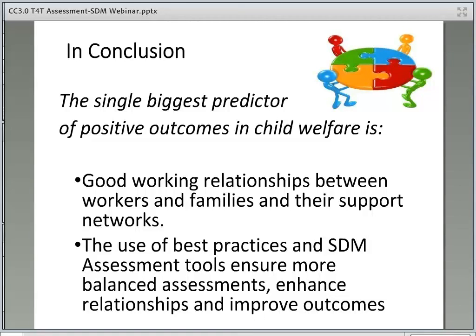In addition, building relationships with the support network, including family members and other collaterals, is also important and helps support the child's safety and well-being. When we talk about relationships, we are talking about making sure families understand what is going on, giving them choices, being transparent, saying what we mean, and doing what we say we will do. When we start with this assumption that relationships are key, it causes a shift in how we need to think about assessment.